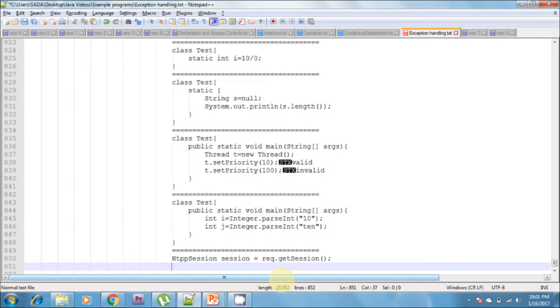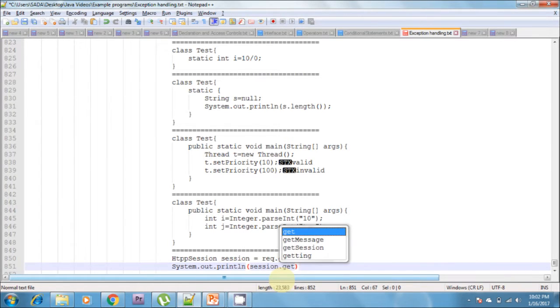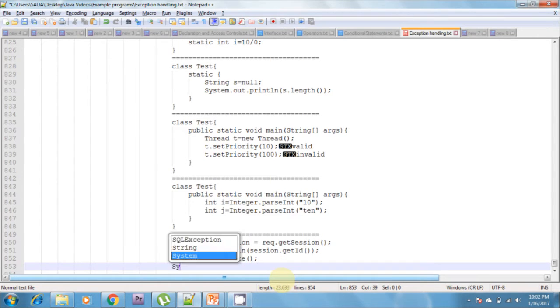Now I am printing session.getId. Now it prints successfully. Why? Because the session is enabled. After that, I am invalidating the session, session.invalidate. After that, I am calling